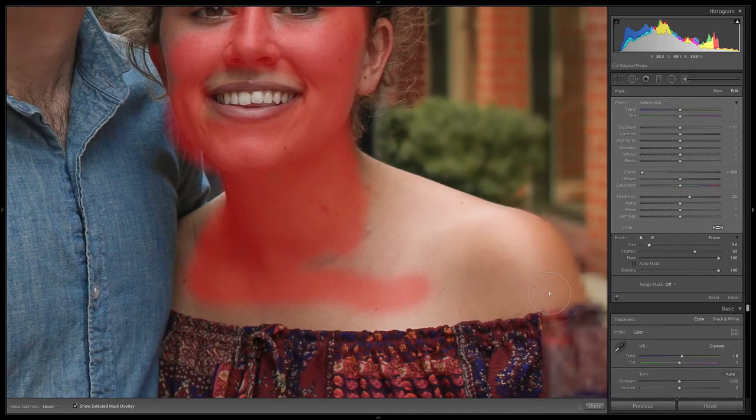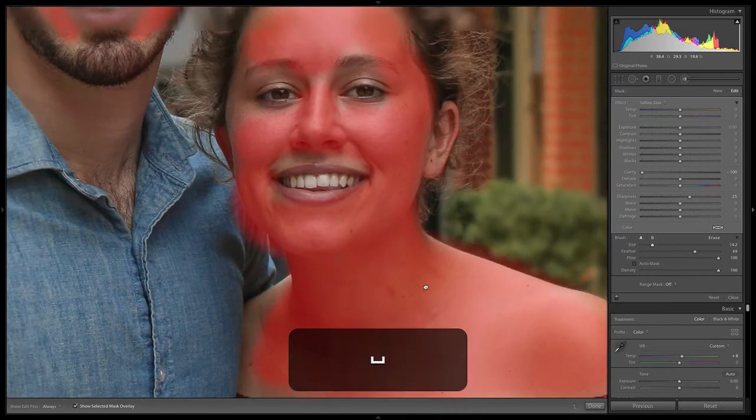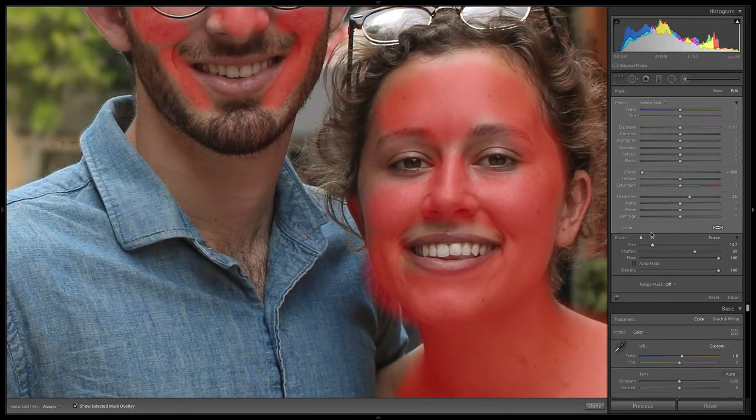So her skin looks pretty good down here too. Pretty soft already. Okay, cool. That's looking pretty good. Now, that would not be a good look if this was actually how we were editing it, but this is just the overlay.